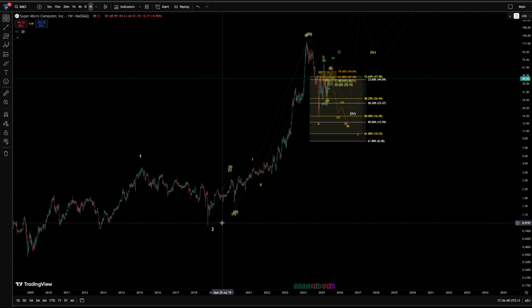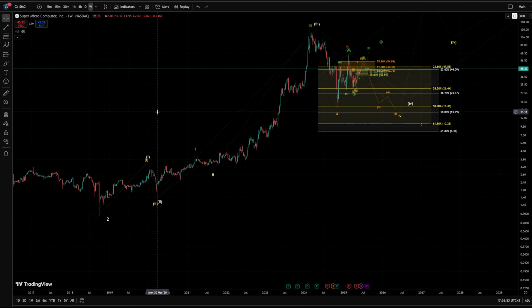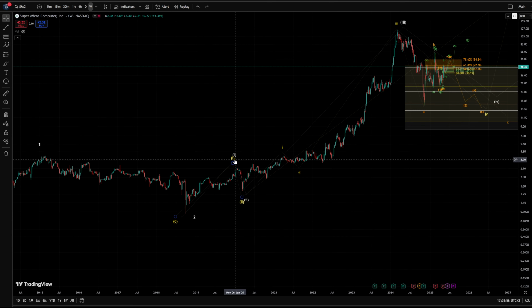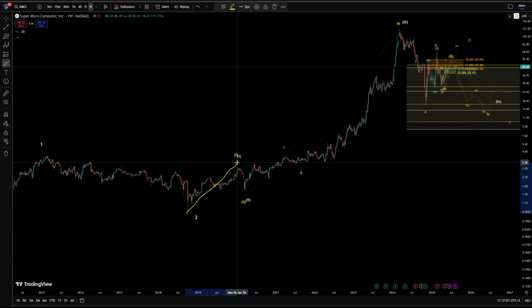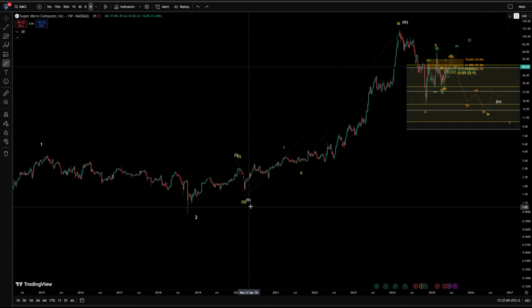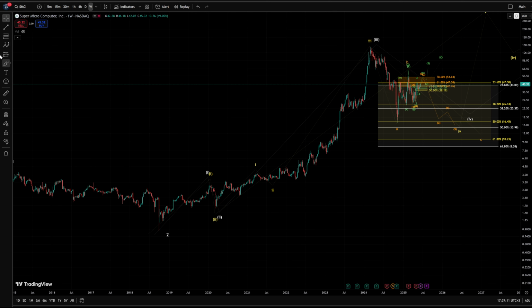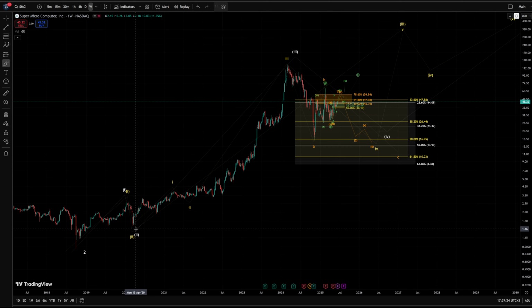So within this larger third wave, we have two scenarios in white and yellow, and in the yellow scenario as well as in the white scenario we finished the wave 1 here. Now clearly this is a three-wave move, so this is a diagonal. However, while we also finished the second wave in the same place for both, where they differ is in the third wave, where in the white scenario the third wave is complete, and in the yellow scenario within the third